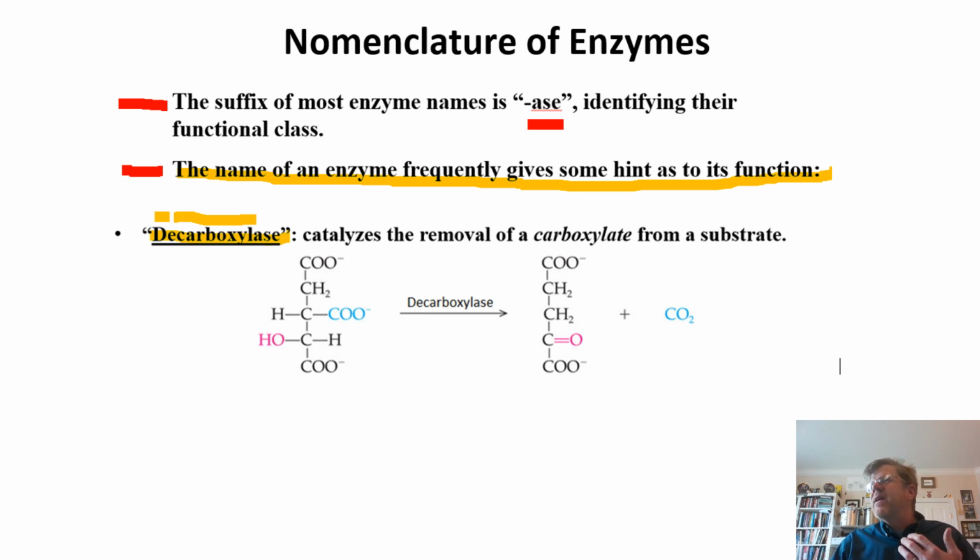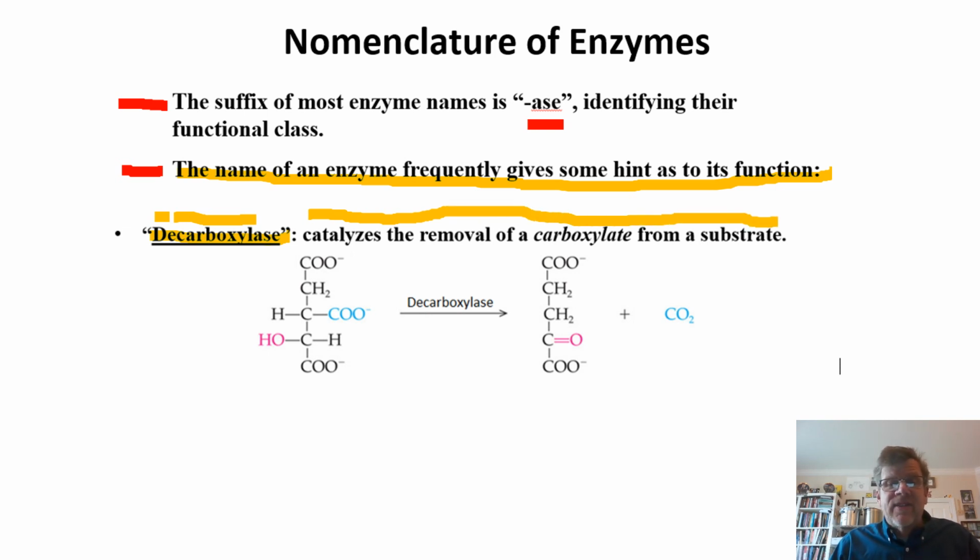We can deduce that from that hint of a name. It catalyzes the removal of a carboxylate or a carboxylic acid from a substrate. On this particular reaction here, in blue is given the carboxylate. COO minus is a way of expressing a carboxylate in a condensed structure. Through the action of decarboxylase,